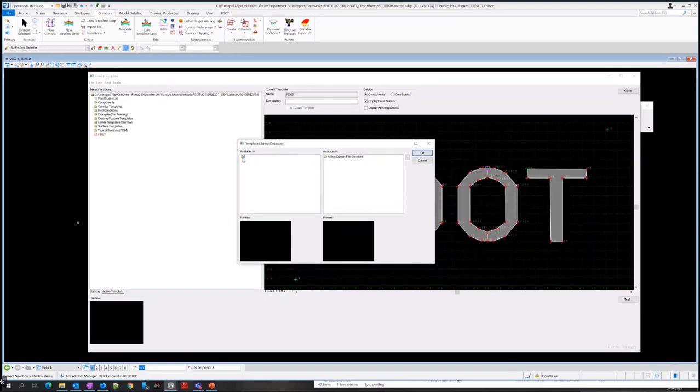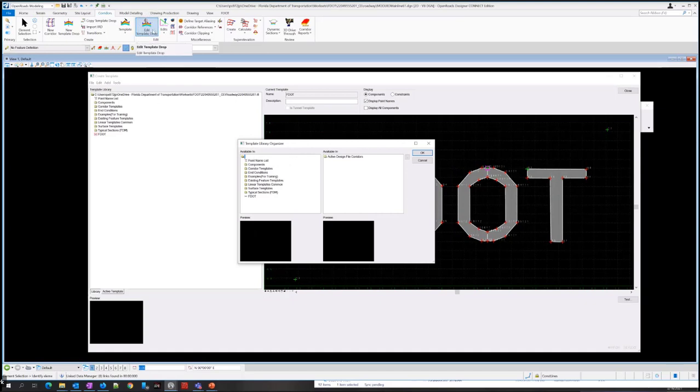And so this will open up over here. It's going to be the ITL, the current ITL file. And I don't know why the name's not showing up here. It really should be, but it's not a big deal. This left side is going to be the current ITL. And then by default, this is the active design file. So this will be useful if you've edited a template drop in your file instead of editing it in the template library.